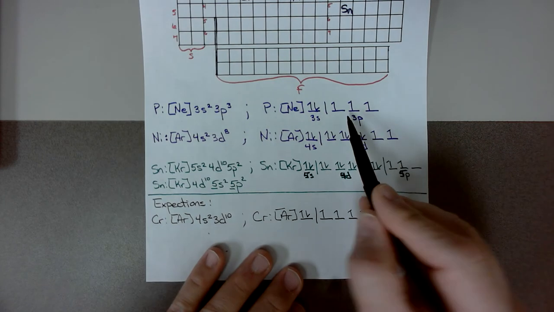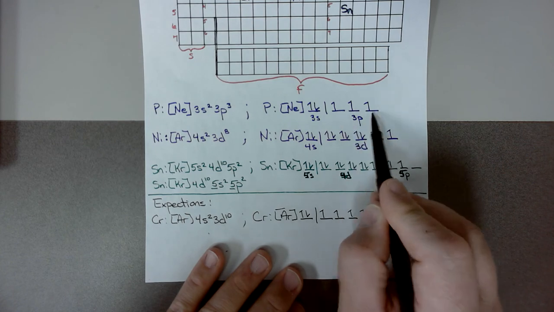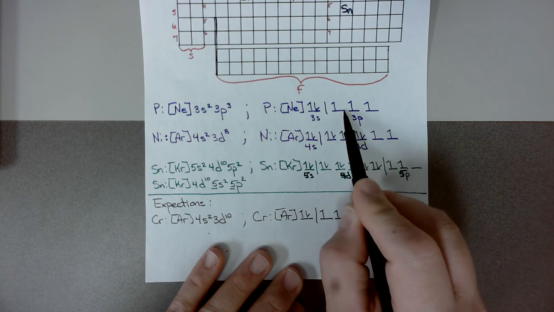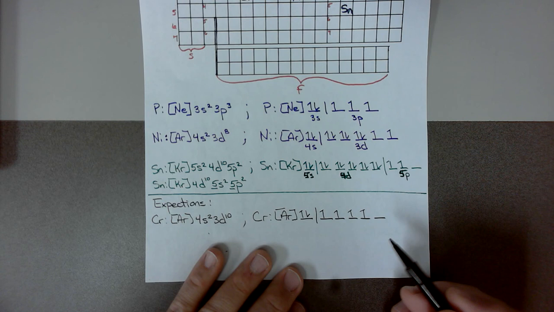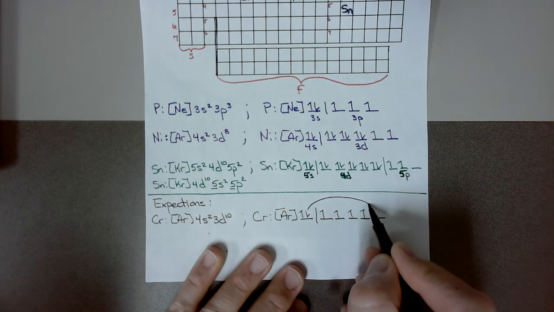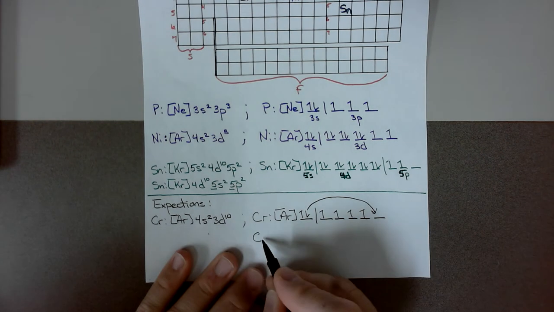If I look at a half-filled sublevel, it creates some stability because it's half-filled. And so in order to gain some of that stability, this electron will be transferred to that orbital, and you'll get chromium,